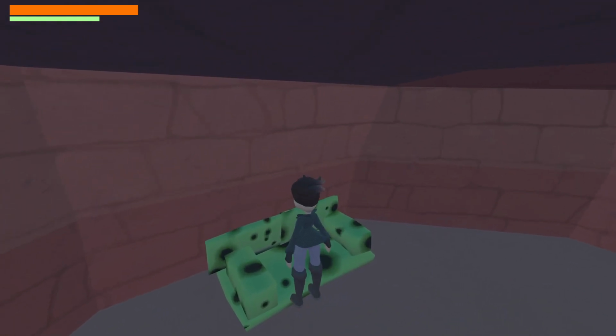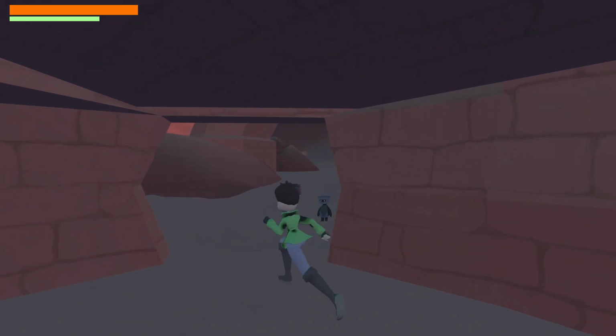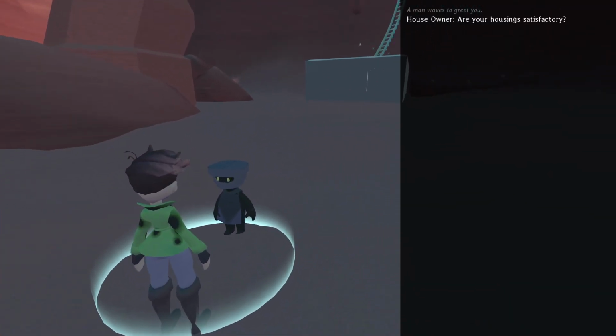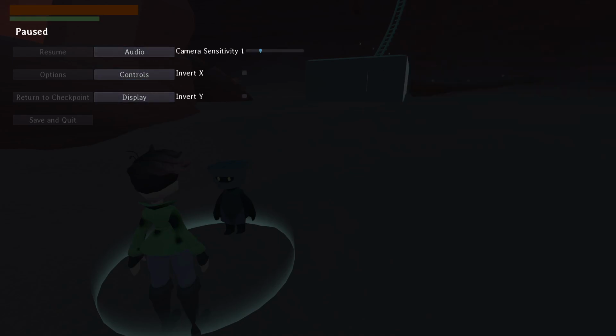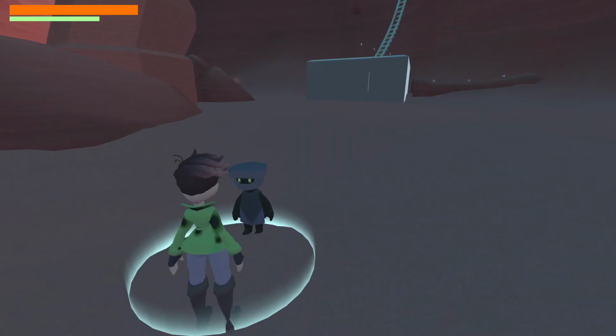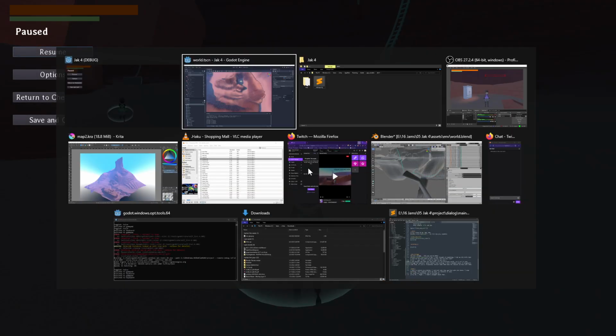Look at this disgusting thing. Awesome. And I really need to fix the font thing, where some of the font sizes are controlled by the settings. So if I go to, oh wait, hang on, controls, ooh, hang on.